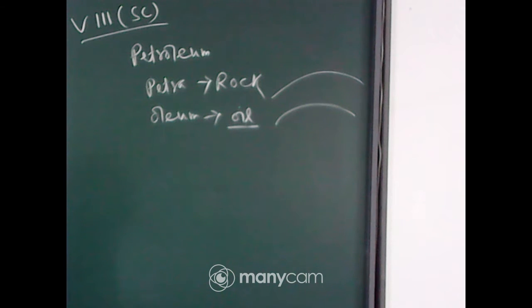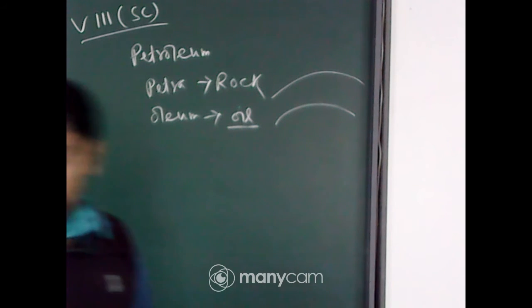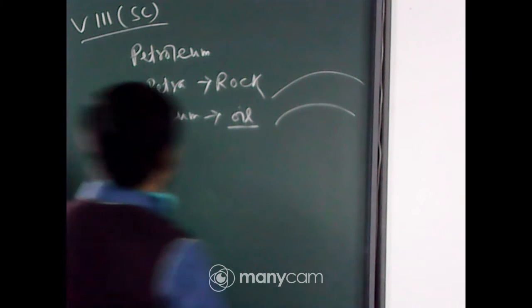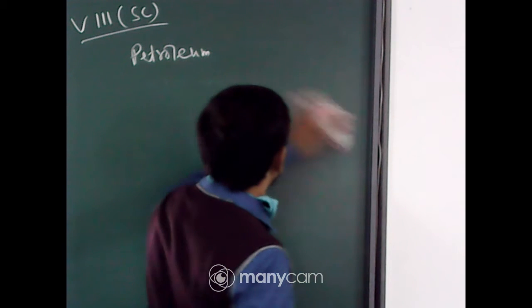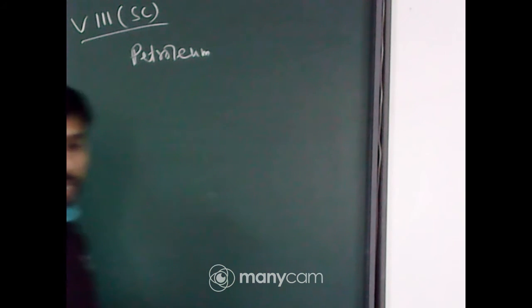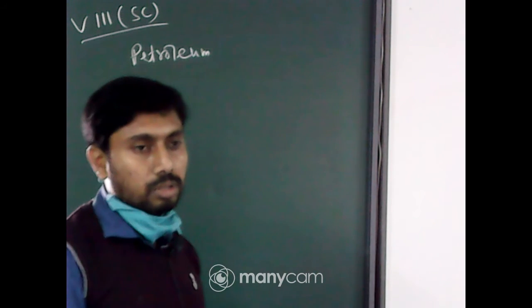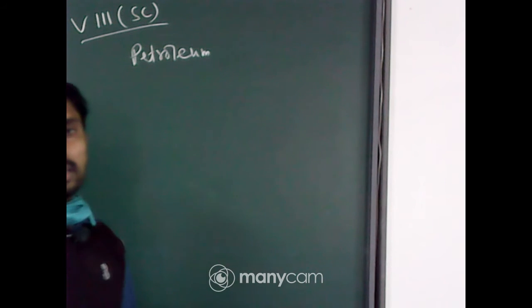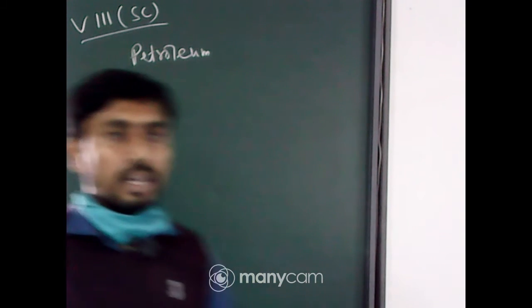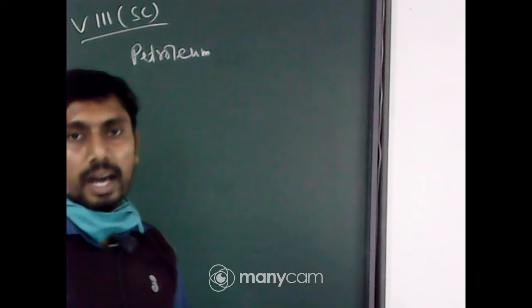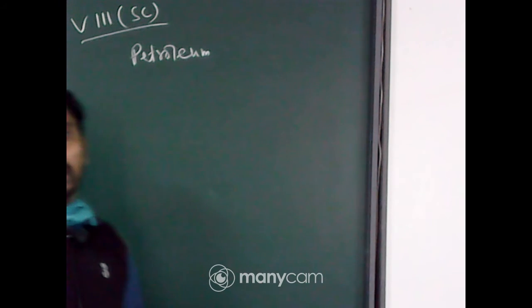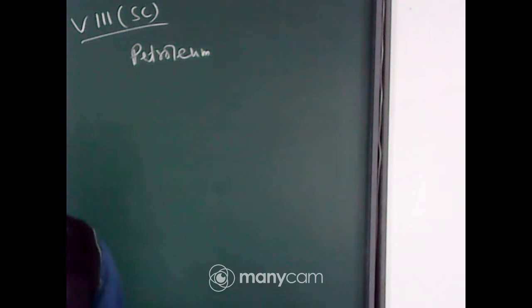Now in which areas are petroleums found in India, do you know? In the northeastern part, in the southern part, and also in east India. In Assam, the Krishna and Godavari river delta, and also Gujarat and Mumbai High. These are the areas where petroleum is found. This is about the preliminary idea.